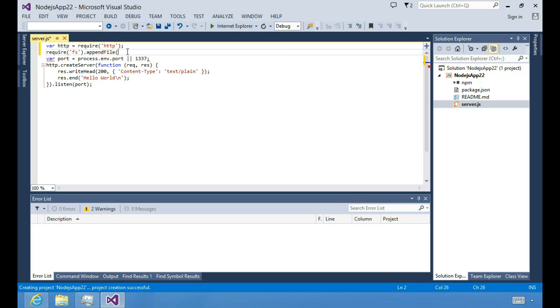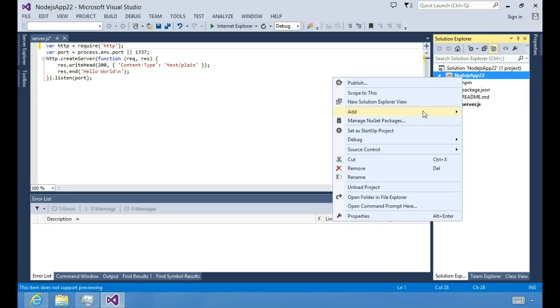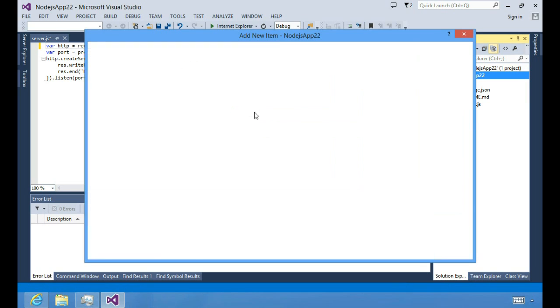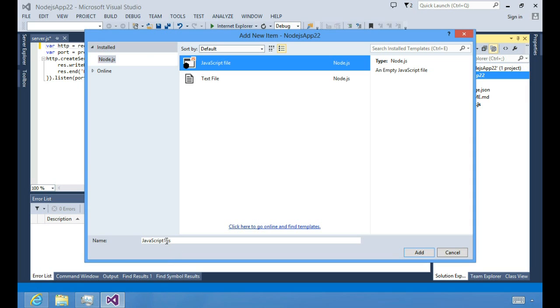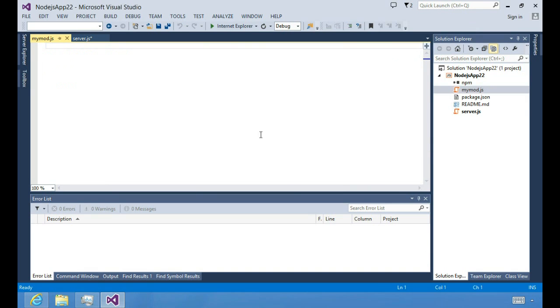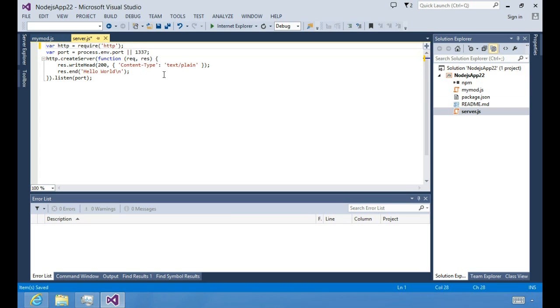Next, let's go ahead and create a new module inside of my project. So I can right-click here, choose Add, New Item, and I'll choose a JavaScript file, and we'll just call that mymod.js and choose to add that. And over here I can go ahead and do exports.foo equals a function here. We'll give it some parameters and we'll return a value. And over in server.js